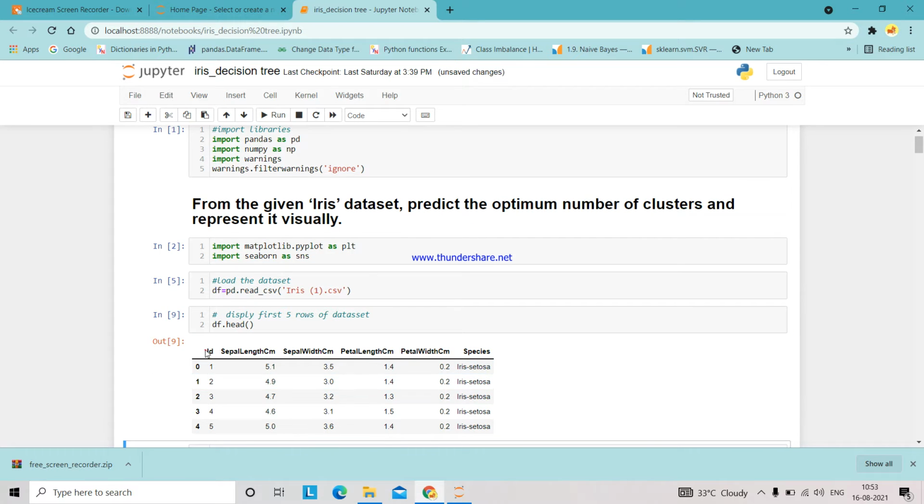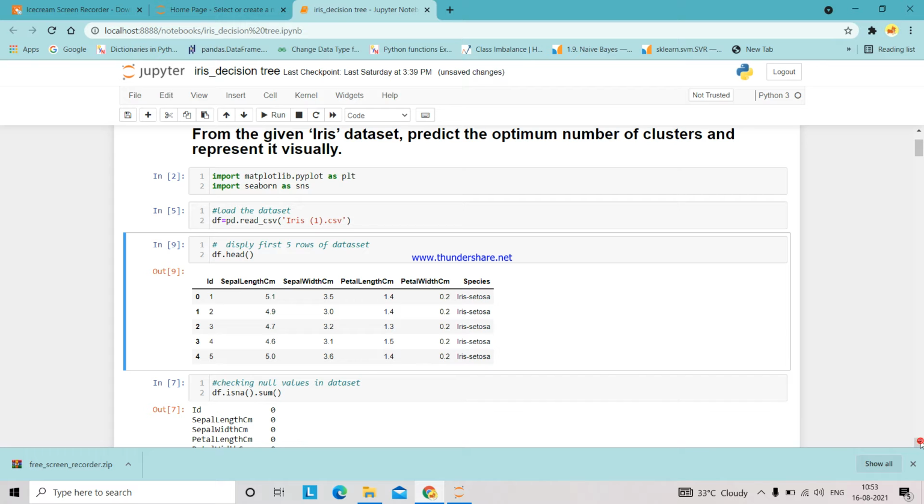Here this is the id, and the id does not affect the target feature, so I am ignoring it. The next features are sepal length, sepal width, petal length and petal width. Based on these four, we have to classify the species.